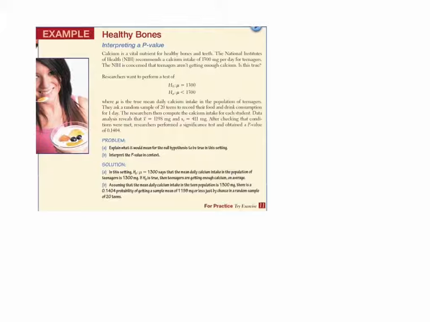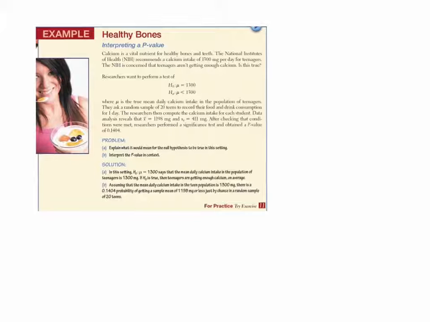So, what would it mean? In this setting, the mean is equal to 1,300. It says that the mean daily calcium intake in the population of teenagers is 1,300 milligrams. If this is true, then teenagers are getting enough calcium on average. Assuming that is true, so this is part B, there is a 0.1404 probability of getting a sample mean of 1,198 milligrams or less